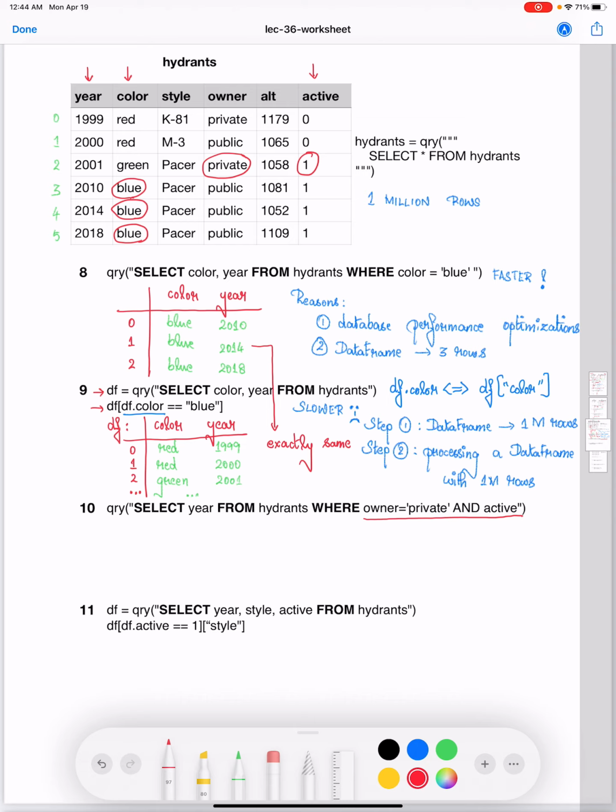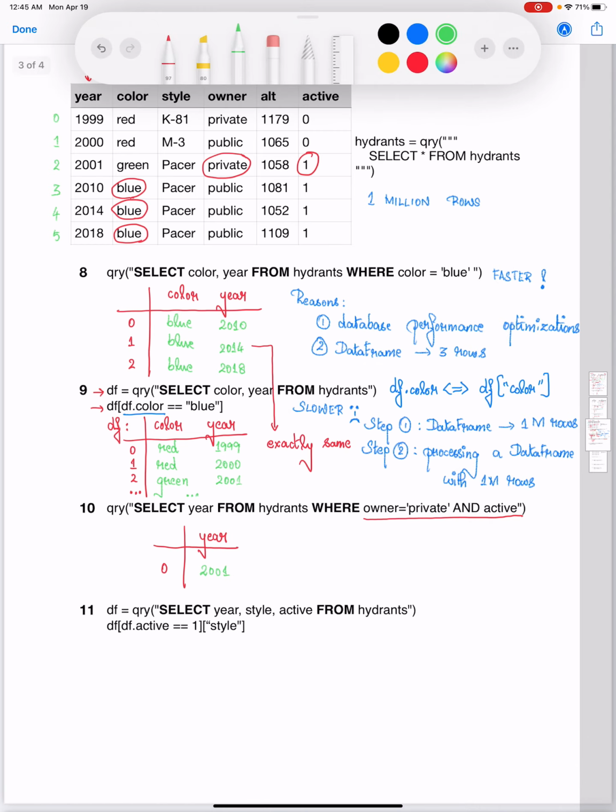We are selecting year column value. So the data frame is going to have column index as year here. The corresponding row index is going to be 0. What is going to be the value for the year? That is simply going to be 2001 over here, right? Let's move on to solving question number 11.